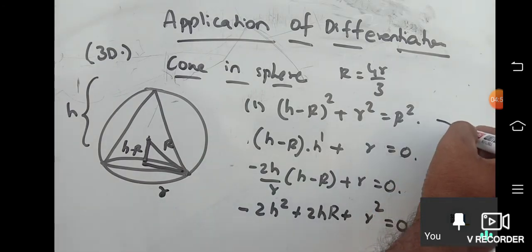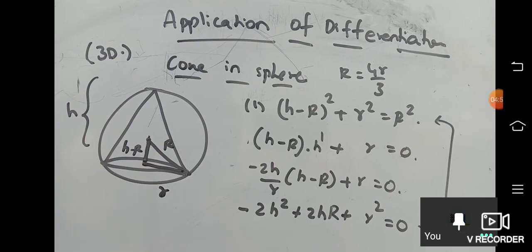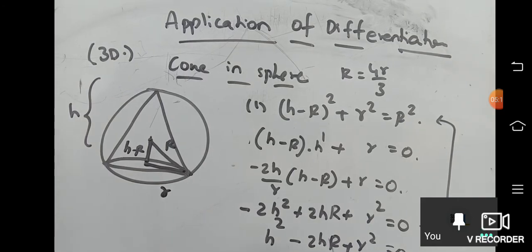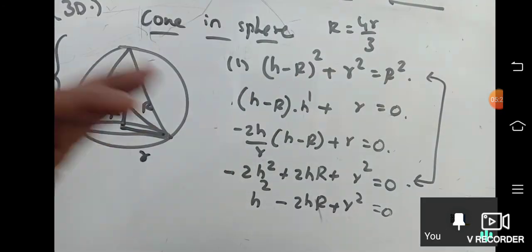Yes, you have to solve these two equations. Okay, now expand this equation properly. H square minus capital R plus small r square plus capital R square is equal to capital R square plus 0. Understood why I wrote directly? Capital R square is gone. Actually, if you spend time here, you will get this equation.